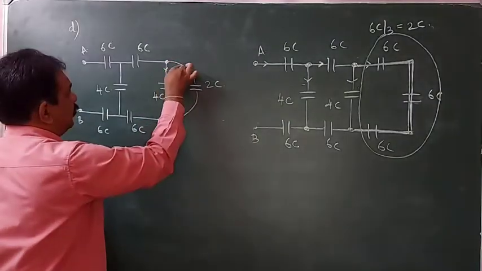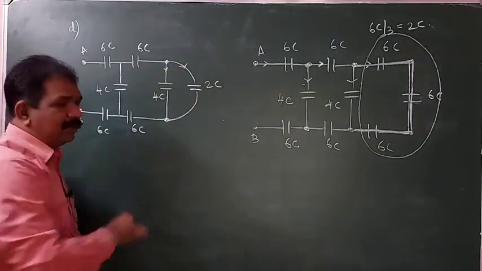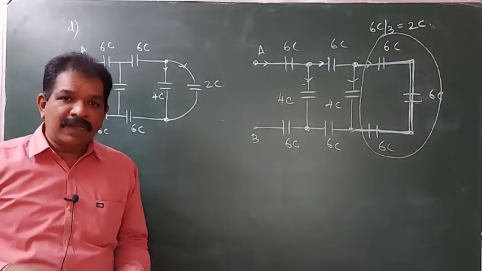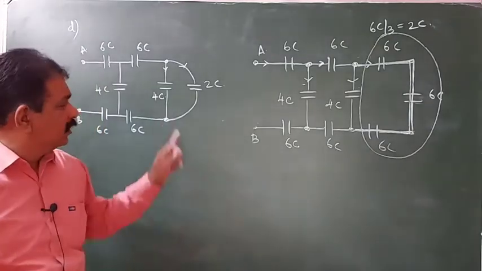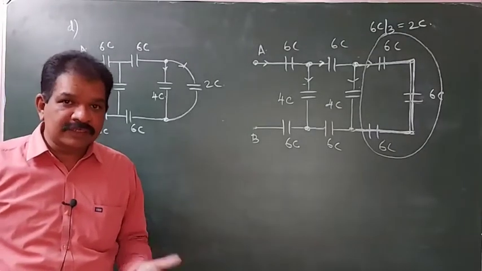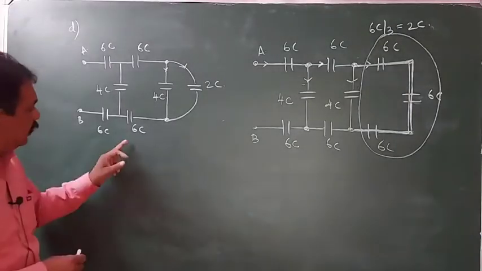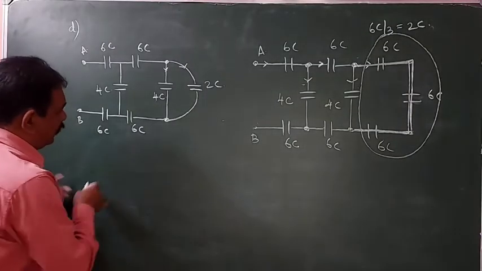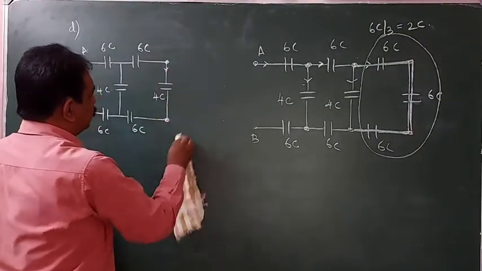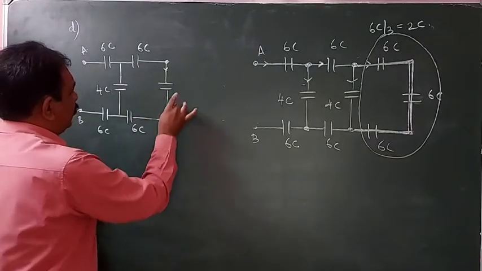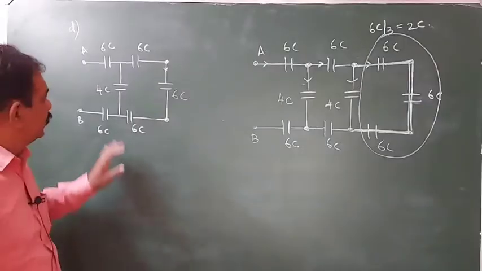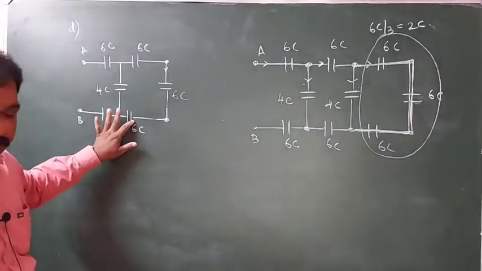Now observe 4C and 2C, how these two are there. Here the charge is dividing, and these two charges are combining here. So these two will be in parallel. In parallel, what is the effective capacity? C1 plus C2, 4C plus 2C is equal to 6C. Then again, if you redraw the circuit, removing this 2C, we can write here 6C. 4C, 2C means 6C.